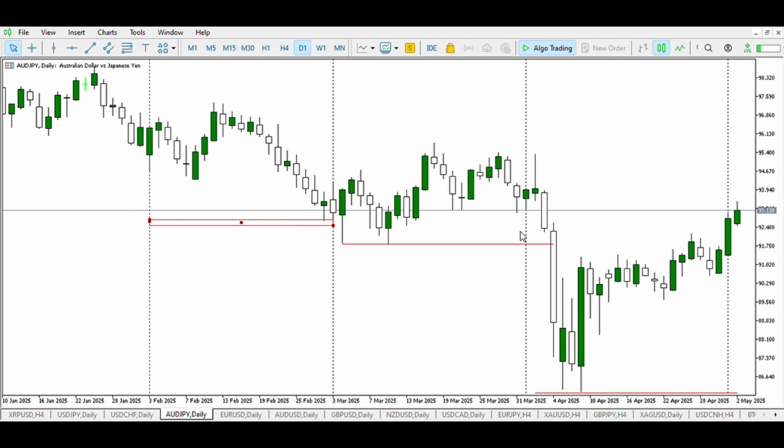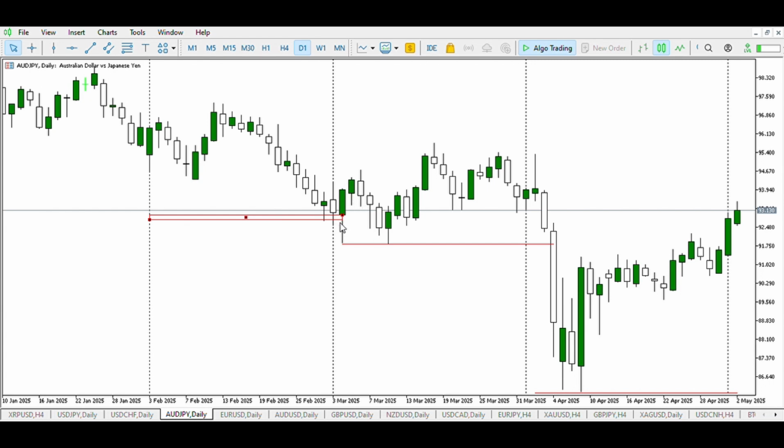I hope you are with me. So what is the third reaction? The third reaction is either price breaks it in a liquidity manner. What do we mean by liquidity manner? It means that if price breaks it without having more than the close of two candles, you can see when